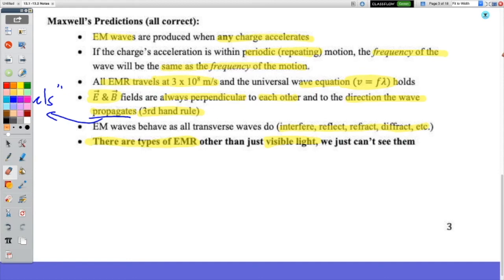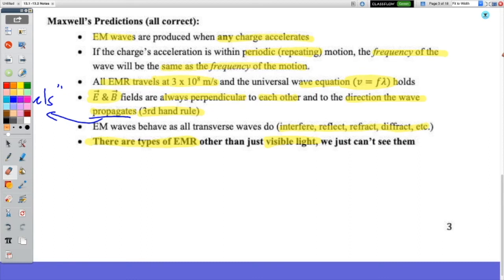Maxwell was just trying to kind of unify Oersted and Faraday. He was taking this electricity and this magnetism. He was kind of unifying it with math. And again, out of that math, he used those constants that govern electricity and govern magnetism. Since he was unifying them, he put them together. And that's how he figured out the speed that a wave like this, his electromagnetic wave, would travel. When he worked out that speed and he got that number, 300,000 kilometers per second,